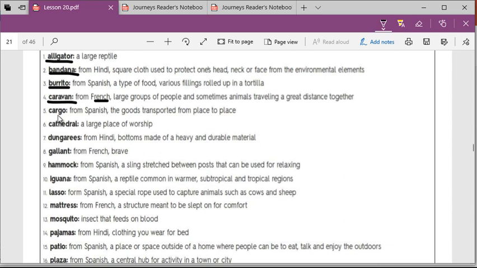Then we have the word cargo. Cargo, actually, this word comes from the Spanish language and it means the goods transported from one place to another place. So, for example, if you buy something from Souk or Noon or any of these websites that we all use,